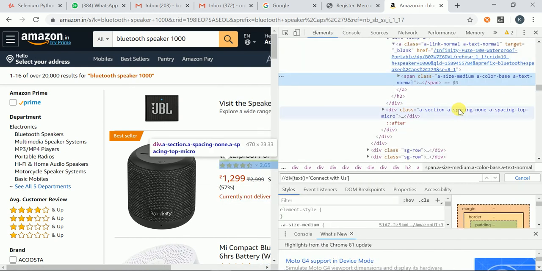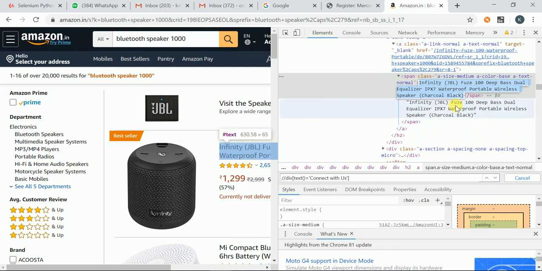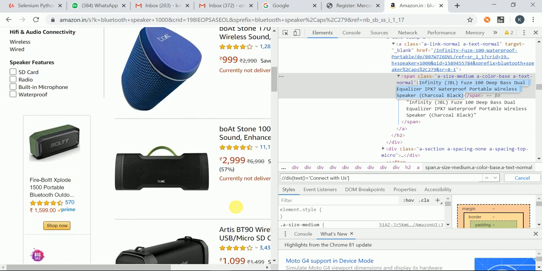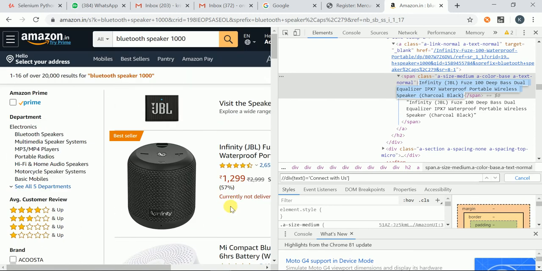This span is containing normal text, and here some more text is there. See, this is the link text we are having. Already you know how to locate the link text. Similarly, you need to write a dynamic XPath to read all these items into the Excel. You can try that and let me know if you are able to get it or not.